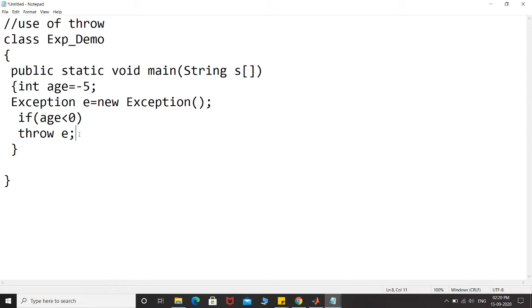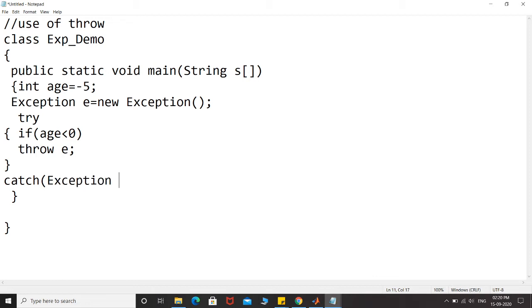Now if I'm throwing an error, that must be caught inside some try block. So since I'm raising an exception, I have to keep it inside try block, right? So here I have completed my try block, and just after my try block I have to give my catch block, Exception e.